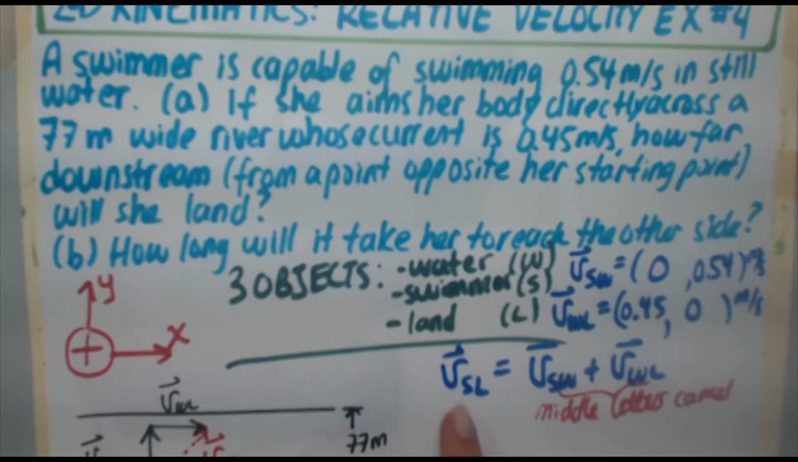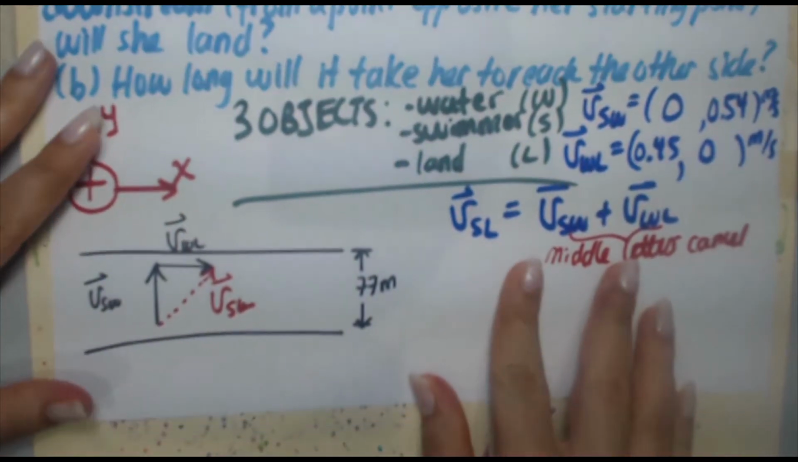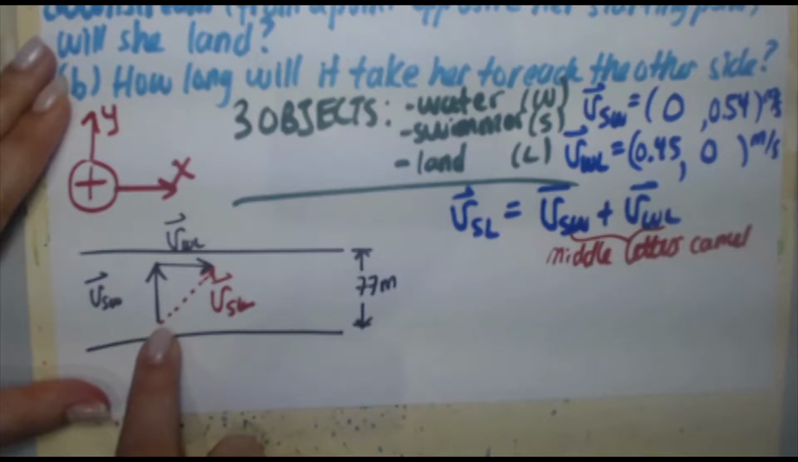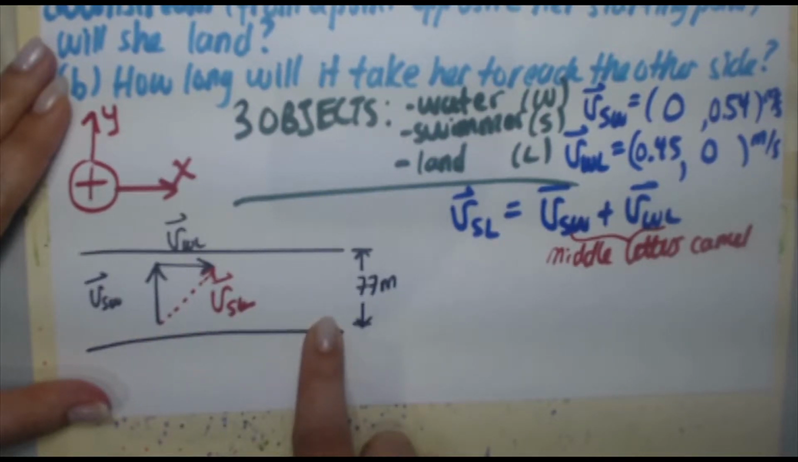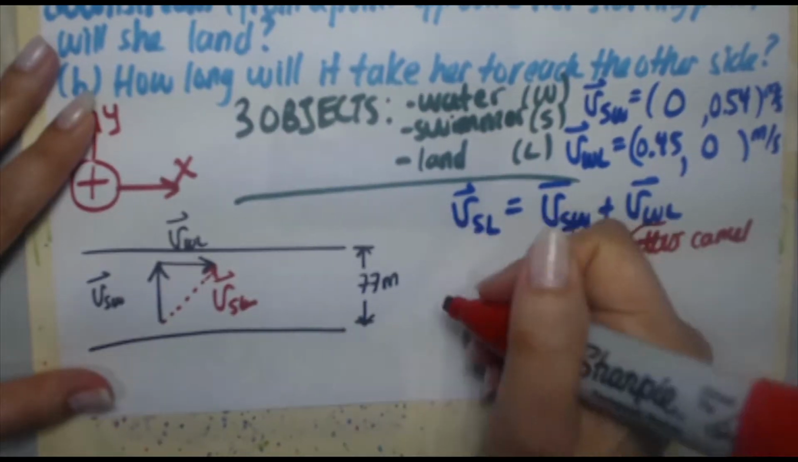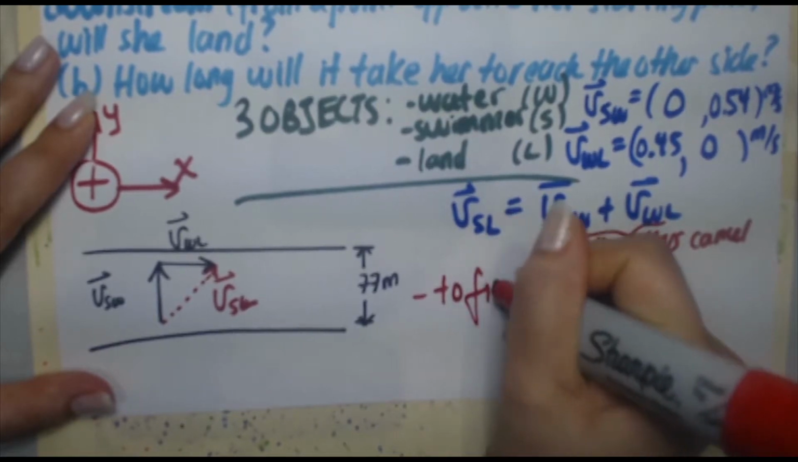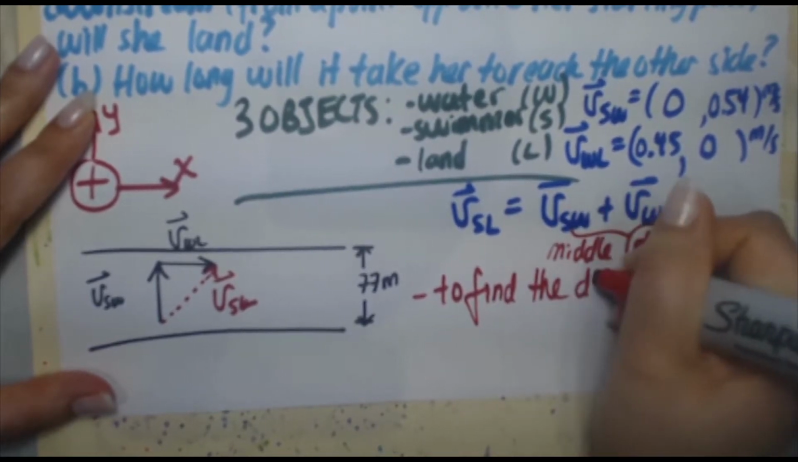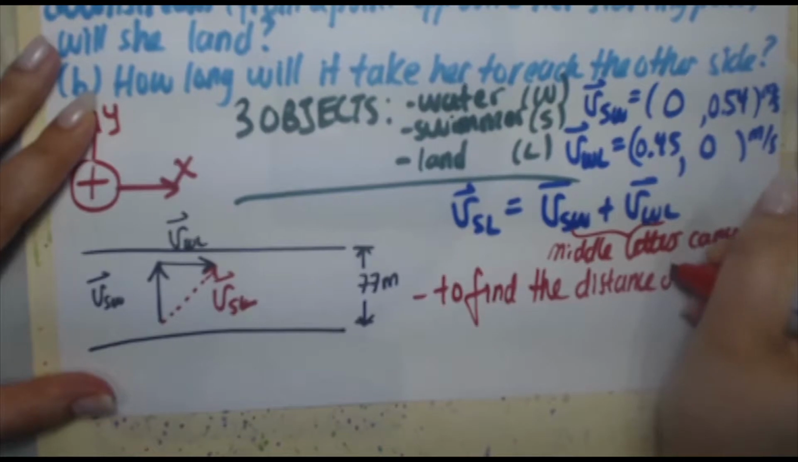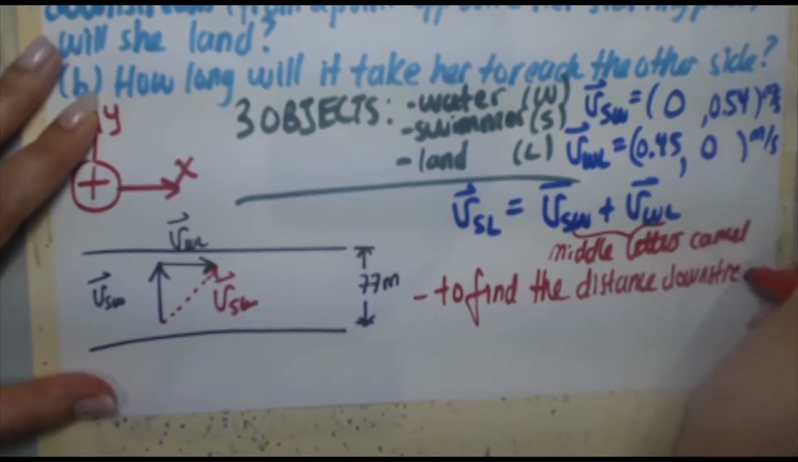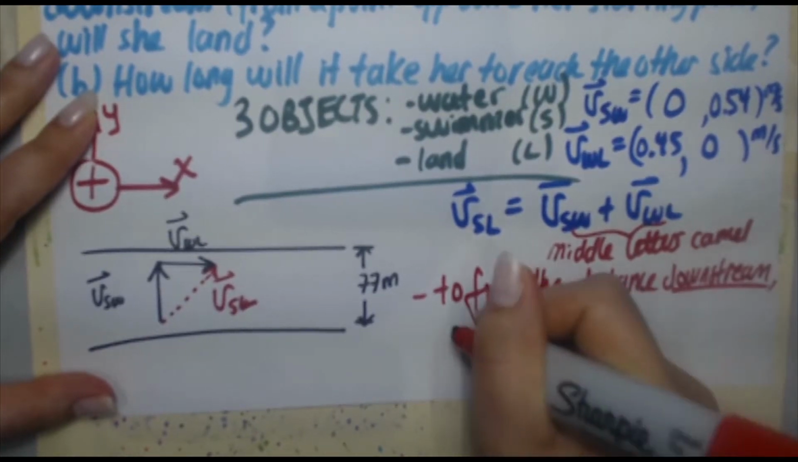Okay, so part A, if she aims her body directly across the 77-meter wide river, how far downstream from a point opposite her starting point will she land? So we're trying to find the distance, so if she starts here, what distance does she end up in this direction? Okay, that's downstream. And downstream implies the x direction. Okay, so to find the distance downstream, we need